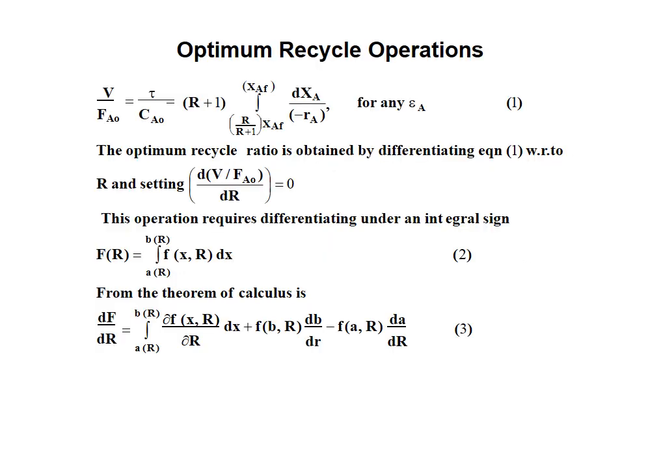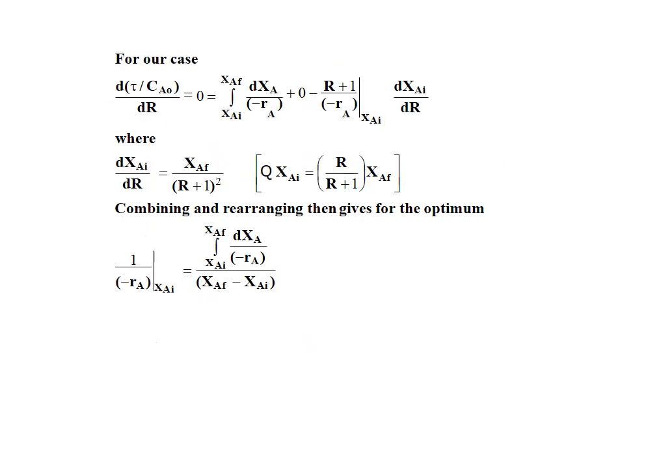So moving on to the optimum recycle operations, the same performance equation has been taken from the PFR, that is V by FA0 is equal to tau by CA0, equal to (R plus 1) times the integration from R by R plus 1 XAF to XAF of dXA by minus RA. So this is again integrated further, and the final form of the theorem, by rearranging, is 1 by minus RA is equal to the integration from XAI to XAF of dXA by minus RA,